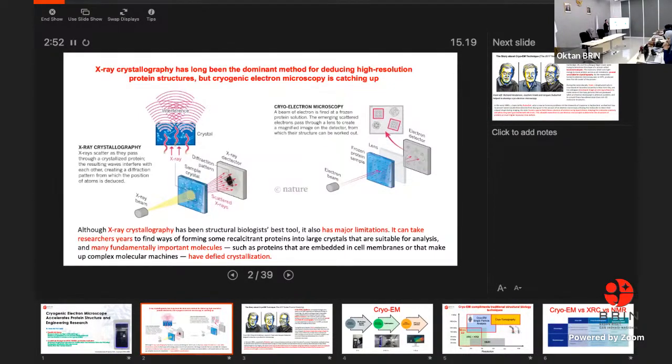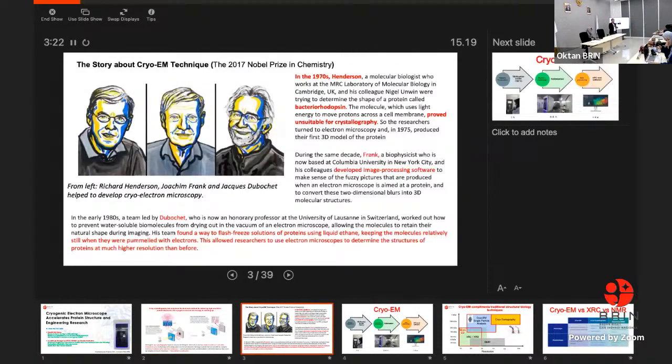Sometimes it is difficult to make a protein crystallize easily. It takes years to find a way of forming some recalcitrant protein into larger crystals, because X-ray crystallography needs a larger crystal suitable for analysis. Many fundamentally important molecules are also difficult to crystallize. So I would like to introduce the story of the cryo-EM technique, whose researchers